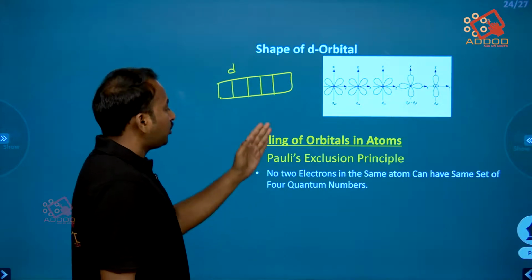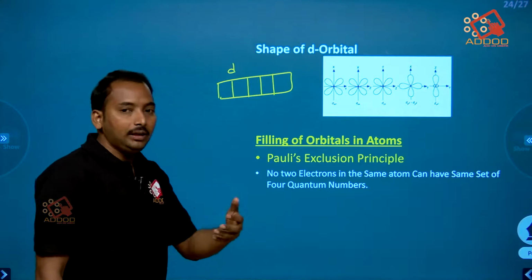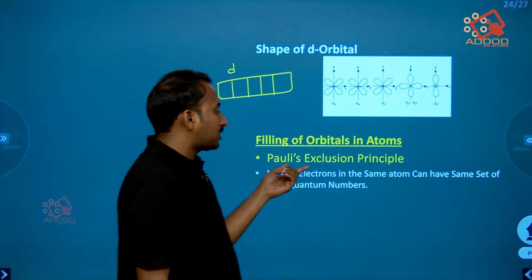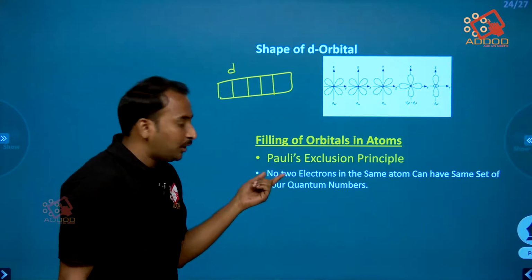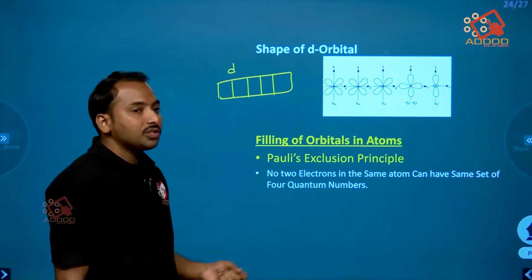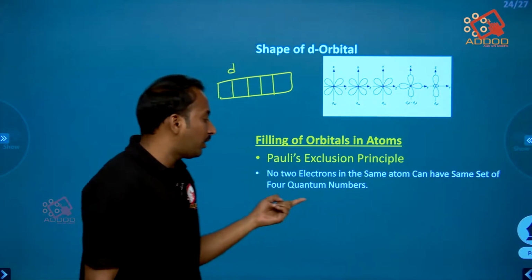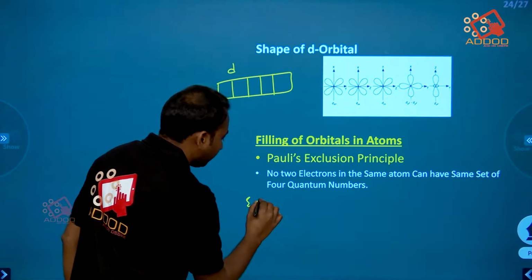And next, go to the filling of orbitals in atoms. So how do we fill the orbitals in atoms? Let us see Pauli's exclusion principle. First one, Pauli's exclusion principle. What is this principle? No two electrons in the same atom can have the same set of 4 quantum numbers. Suppose we consider